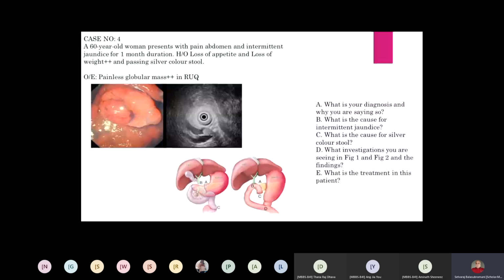So the patient will be having jaundice for 1 week, and after the necrosis and the tumor falling off, the obstructive jaundice will get relieved. The patient won't have jaundice anymore. So 1 week jaundice, another 1 week no jaundice. By the time another 1 week, the tumor will regrow. Again, there is compression. Again, the patient will go for jaundice. This is what is called intermittent jaundice. The cause for the intermittent jaundice is partial necrosis of part of this tumor, and it will fall off.